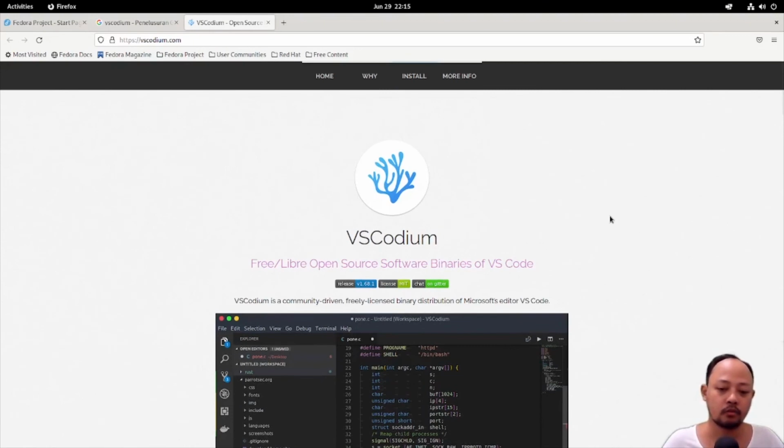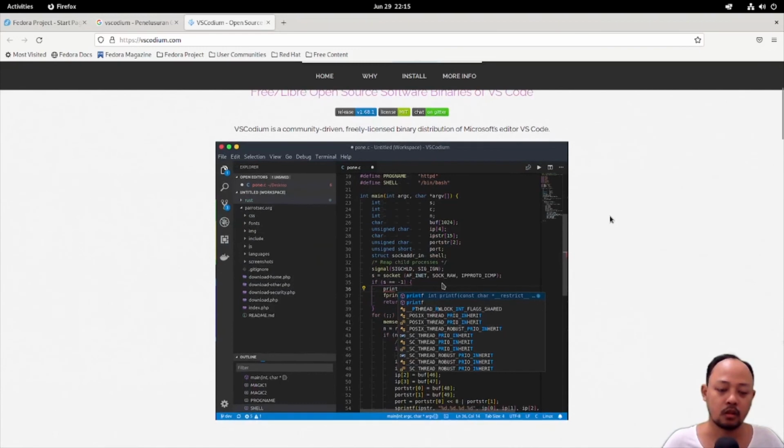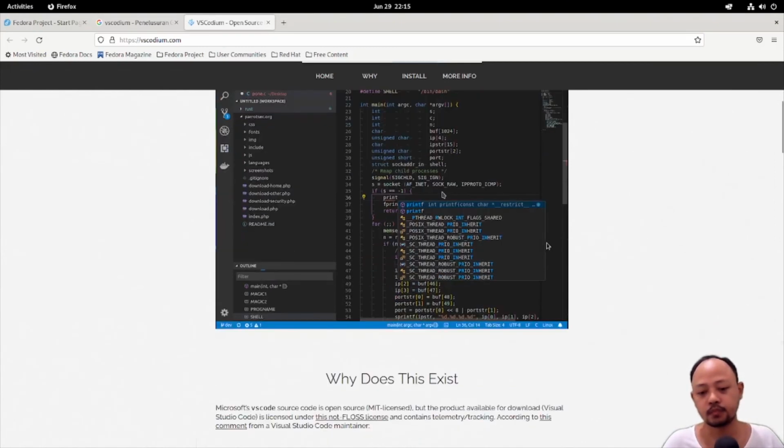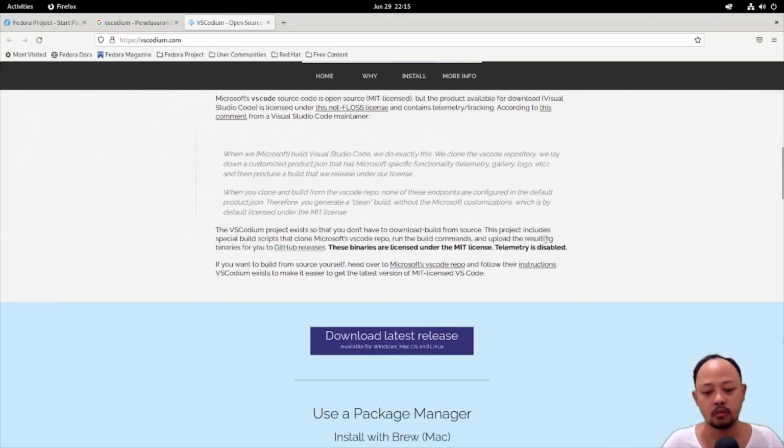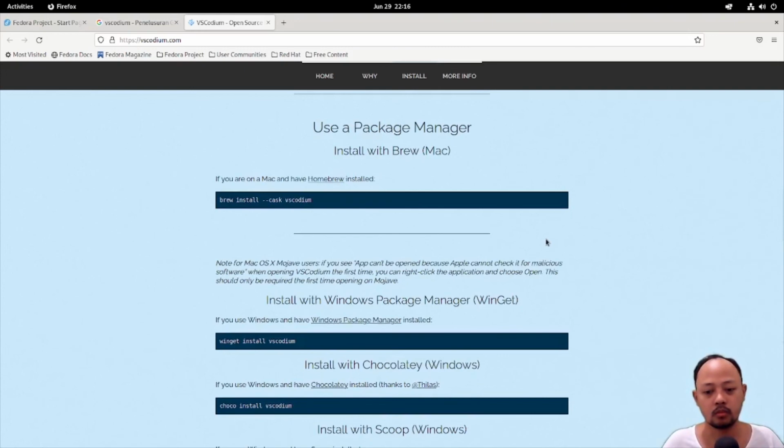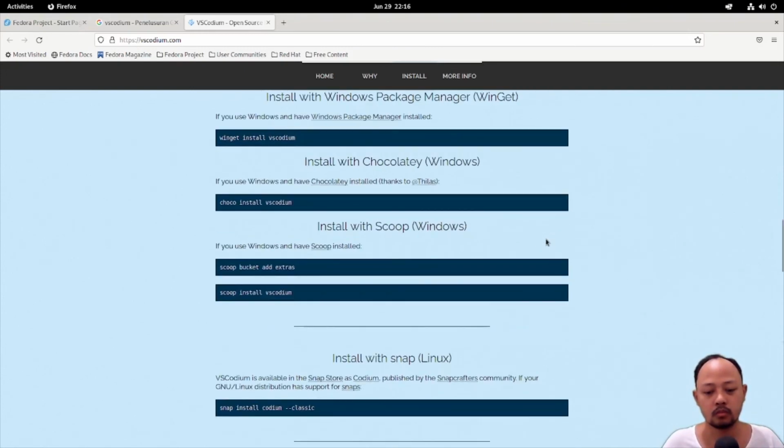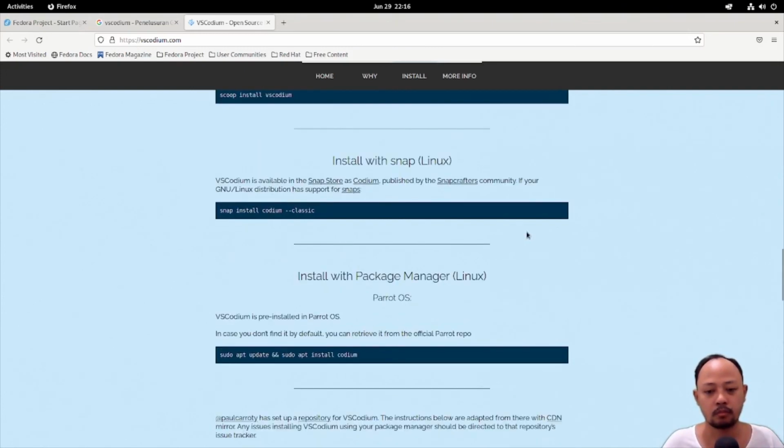So I think VS Codium is something like a text editor with a GUI just like VS Code. Install with Snap in Linux.